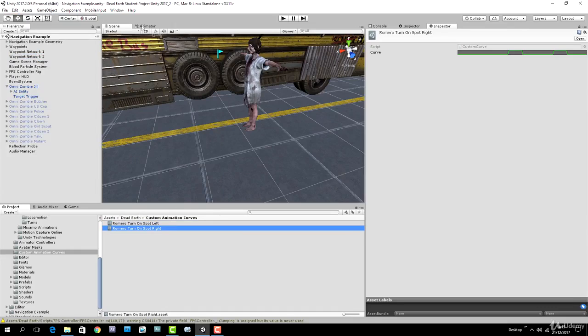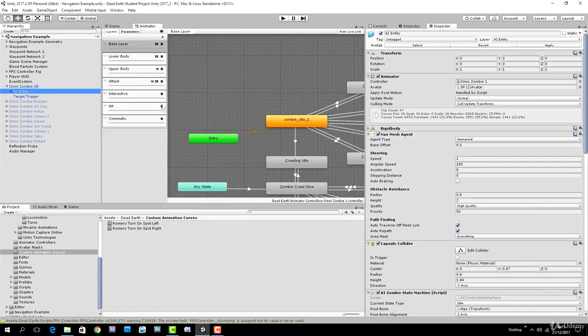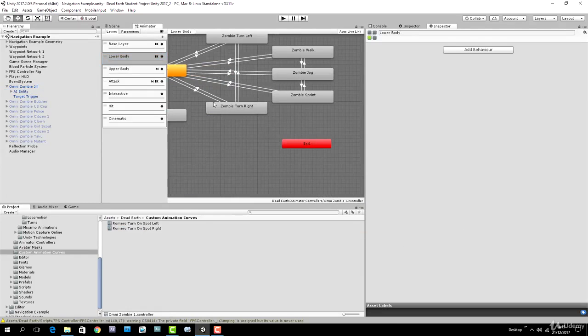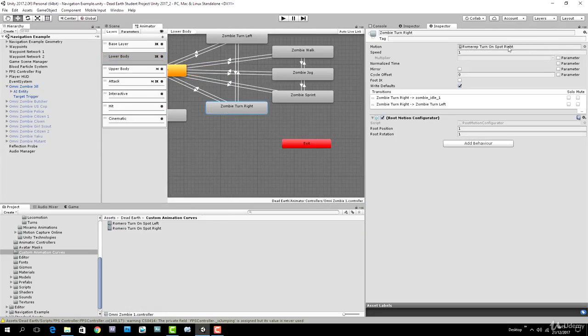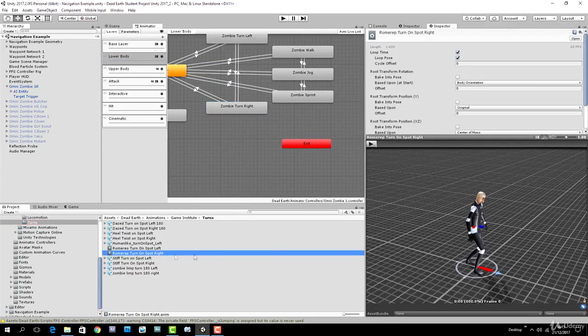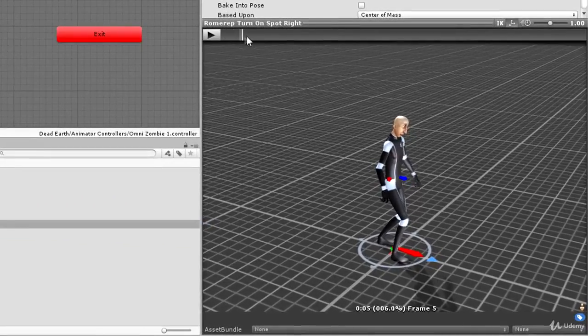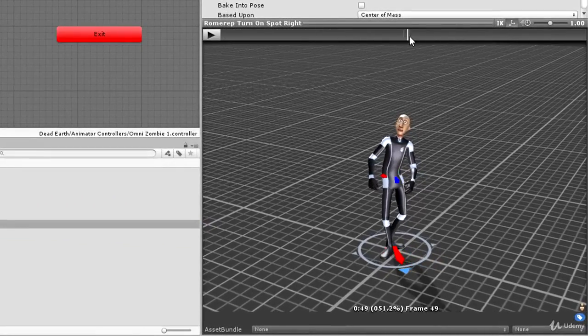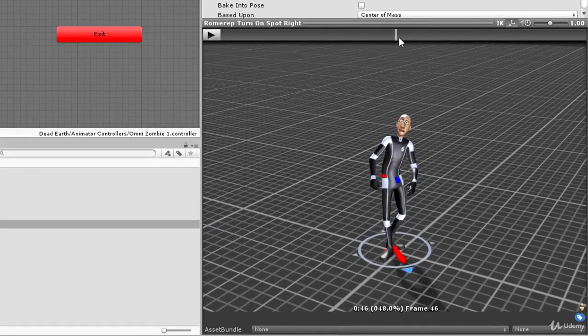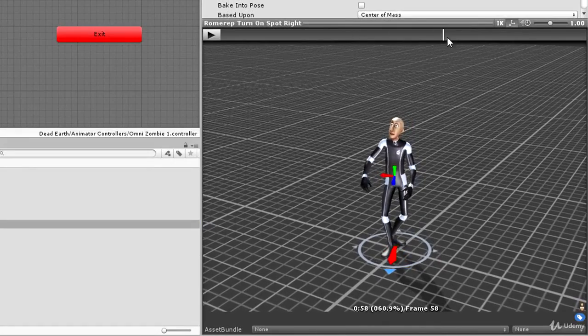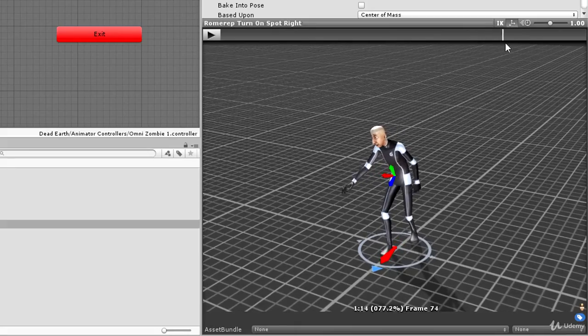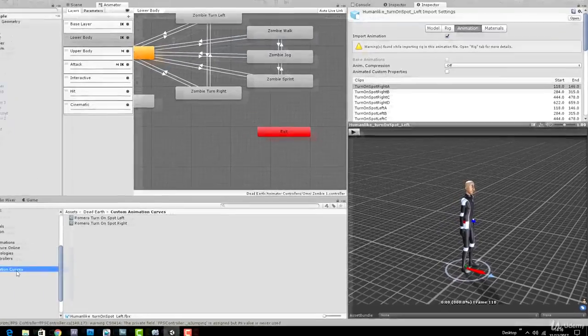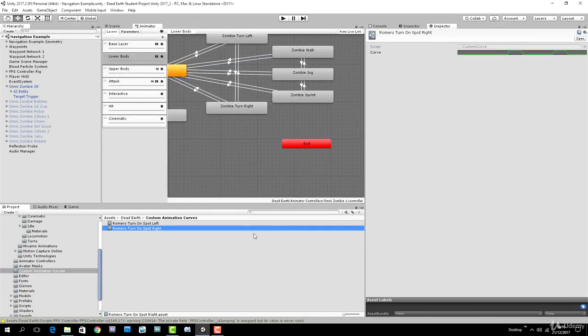And then in Gears Animator, I will drill down into the lower body layer, call up the turn on spot right animation, and then we'll just spool through it and make a note of where the feet are supposed to hit the ground. So this time it's 0.5 and 0.8. So I'm going to select my custom animation curve, this time turn on spot right,